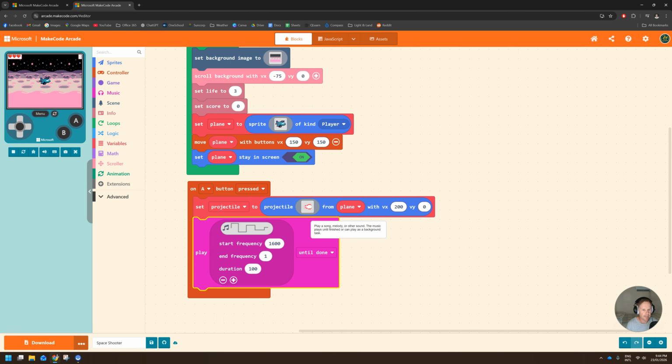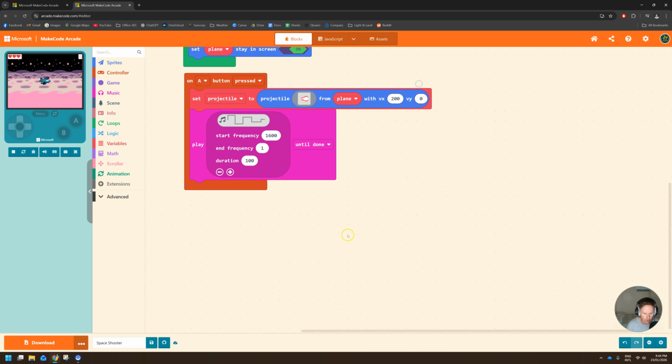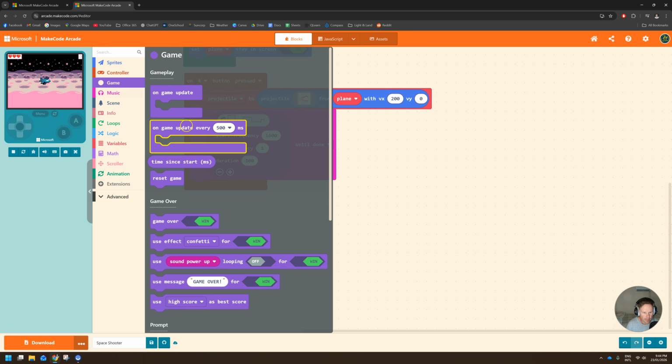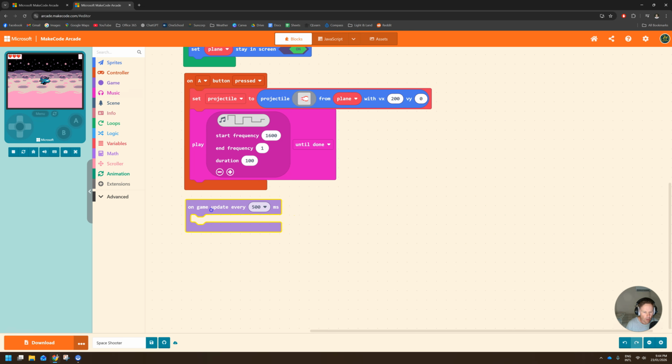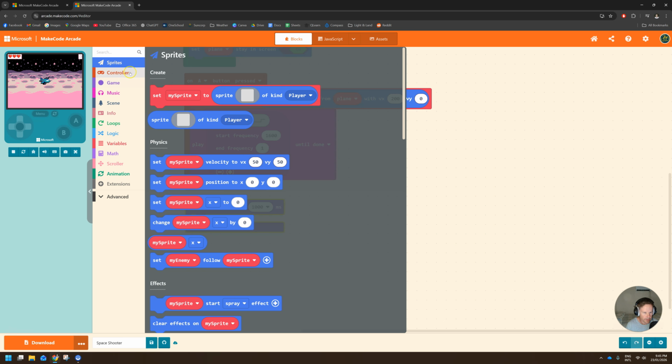It's time to bring some enemies in. So I'm just going to scroll down the page here, and I'm going to go to the game drawer here, and I'm going to bring the second option out, and it says on game update every 500 milliseconds. We're going to change that to every 1 second. Every 1 second we're going to have an enemy appear on the screen. So we are going to set